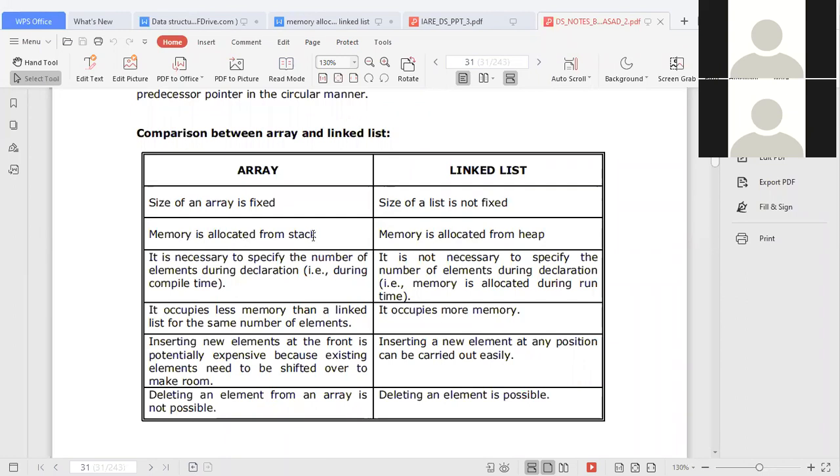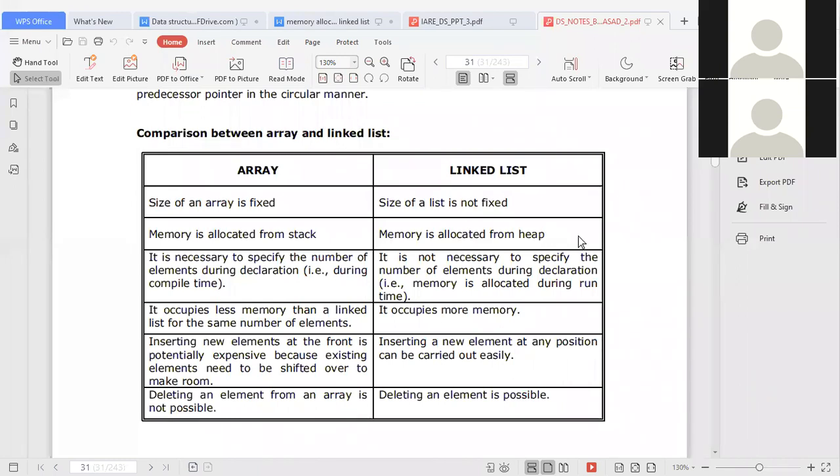And memory is allocated from stack. So once the array is of size 10 elements, you get the elements from the stack itself. That means only 10 elements we can add into the array. But whereas in the case of a linked list, the memory is allocated from heap. Yesterday I told you about the available list. We are going to get the nodes from the available list. Whenever we delete some elements, the deleted elements go and get added into the available list. So there won't be any problem of limitation in linked lists.